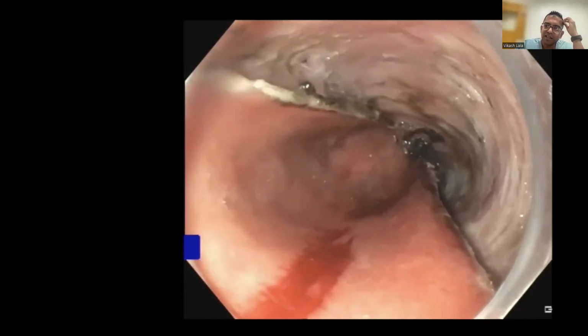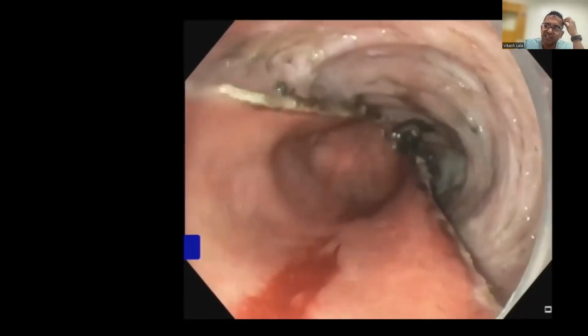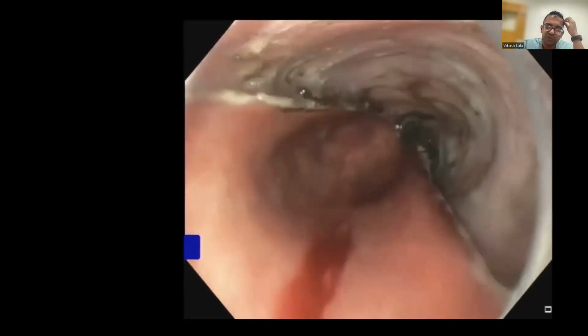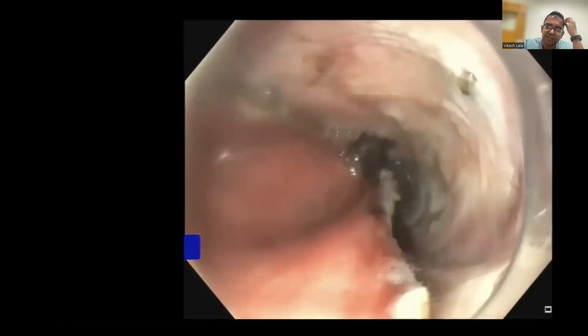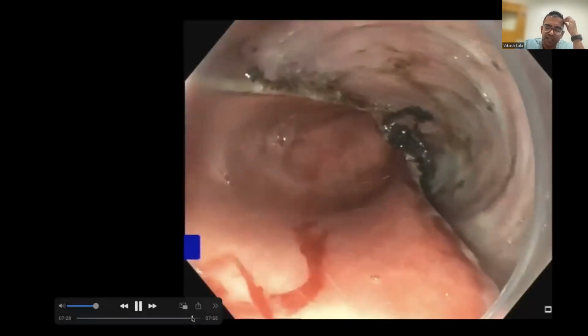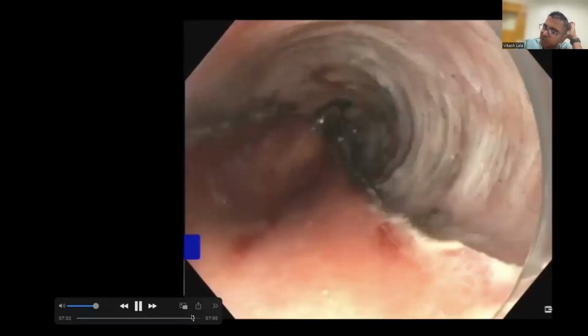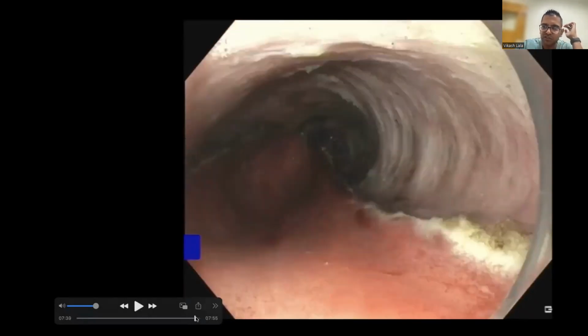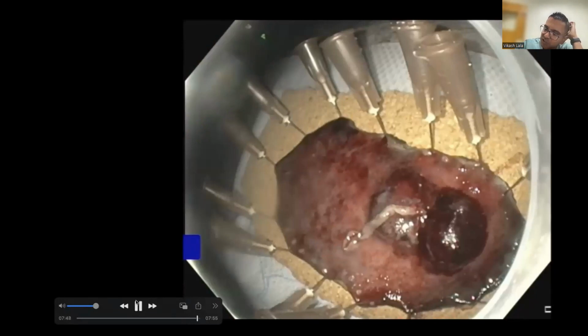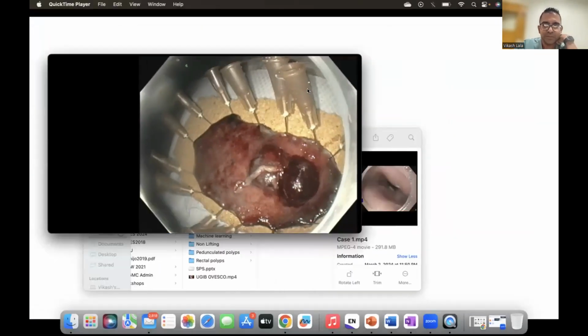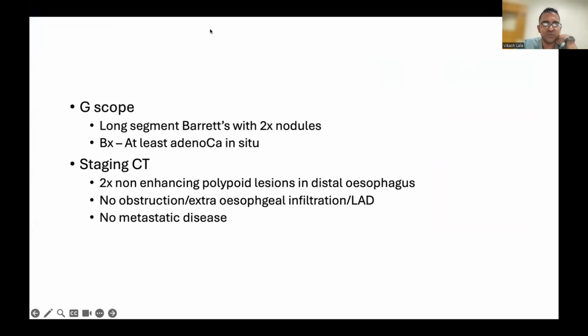Again, technique and method choice of resection, I think, is beyond the scope of this talk. The talk is more about imaging. So we can chat about that at some other stage. But I decided to perform an ESD, and I'm just going to quickly show you the resection specimen, but I know Prof Hale is going to show you that in a bit more detail. So let me just jump forward. That's essentially what came out. You can see your malignant nodules there, and you can't see too well, but that's the area I was concerned about as being dysplastic. Thanks, Prof. I think I'll hand over to you now.